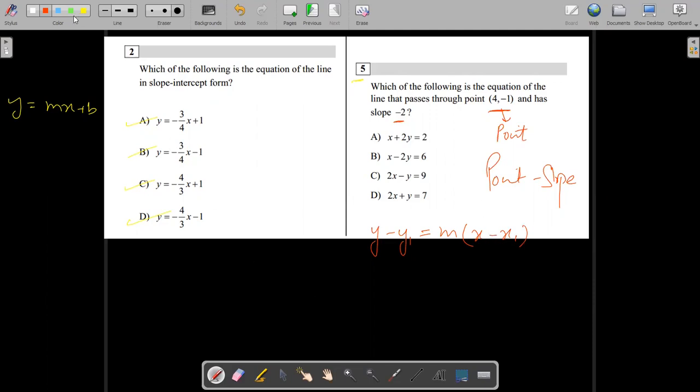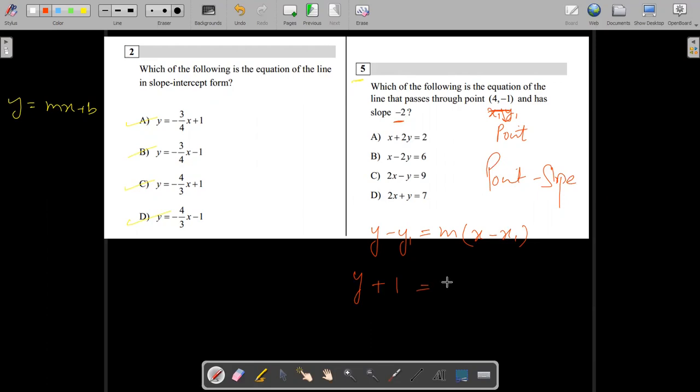So we know that x1 is 4 and y1 is -1. So we can plug in y minus y1, which is -1. That'll be positive 1, isn't it? Y plus 1 equals